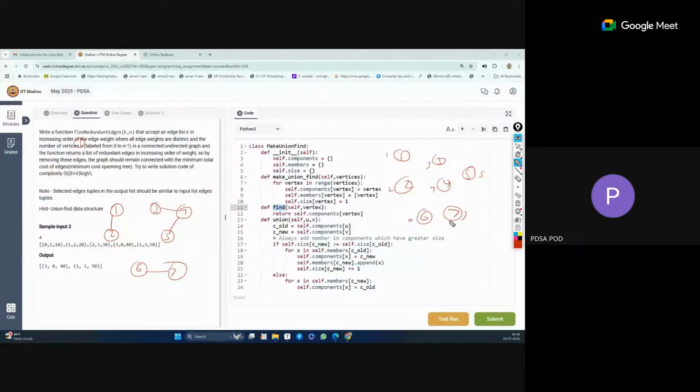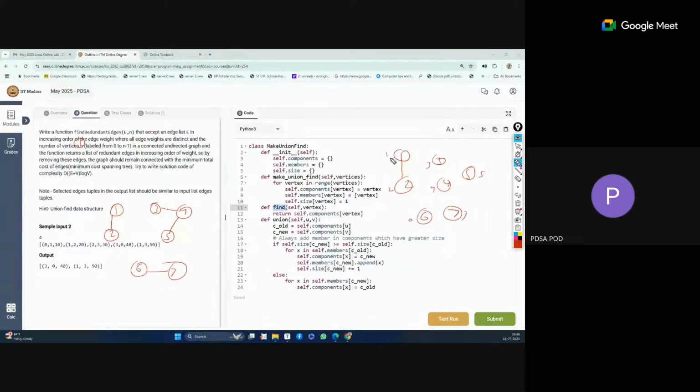So this is just representing each as a distinct connected component. Now when we start connecting them with the help of edges, suppose we are getting a 0 to 1 or 1 to 2 edge. When we connect this, because it is not creating any cycle, we also update the component value for them, and we make the same component for this. When we connect 1 and 2 by one edge, this will represent one component,